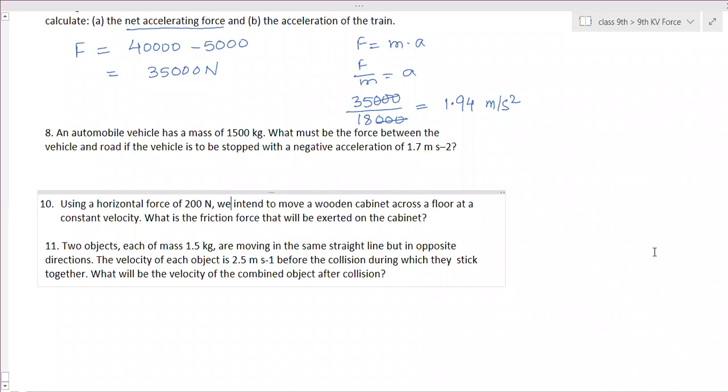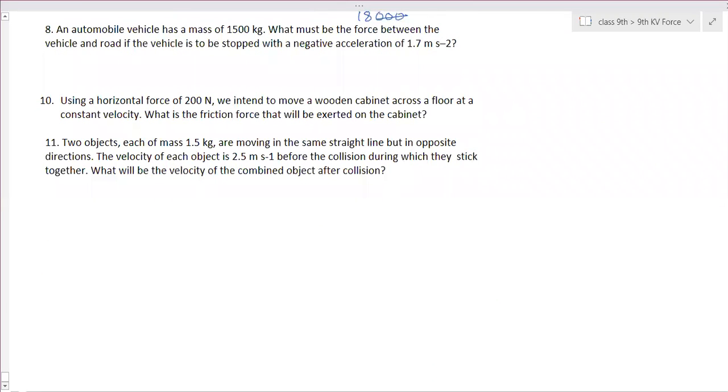Ma'am, in the 11th question, when we calculated momentum before collision, we got 0. After that, can we directly write, according to the law of conservation of momentum, momentum before collision is equal to momentum after collision? No, don't write anything. You show the calculation. Law of conservation of momentum calculation you have to do. So object 1 and object 2, just like what you were doing earlier, do the same thing. Don't write anything except M1, U1, V1, M2, U2, V2.